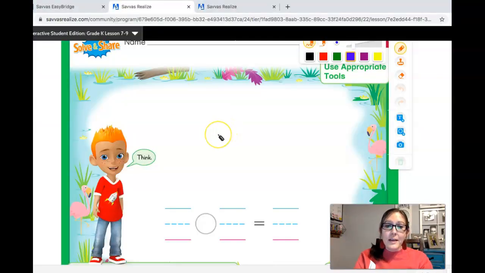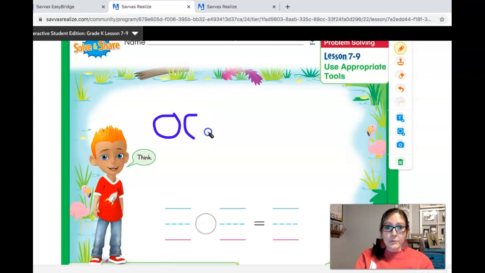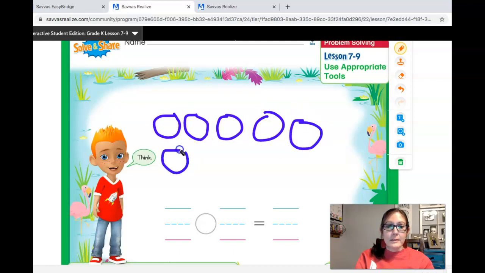How did you do? Let's check. All right, I said Alex had 8 pieces of food. Did you draw 8 counters? 8 counters to represent the 8 pieces of food. 1, 2, 3, 4, 5, 6, 7, 8. I'm going to write the number 8. He feeds the flamingos 2 pieces. That means we're Xing out 2 of them